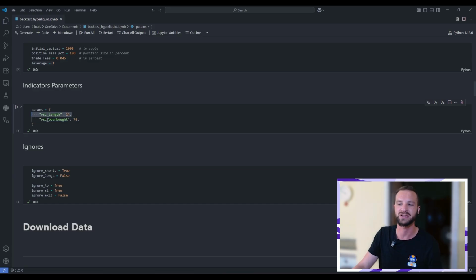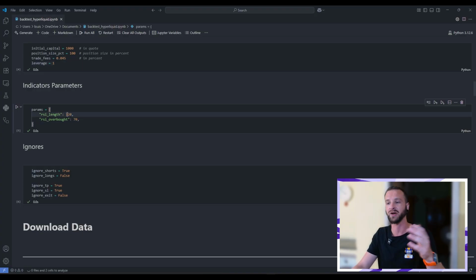What level do I consider oversold? What length, what period am I computing the RSI on? So obviously, if you consider other indicators, I just suggest that you come and fill the dictionary here with your names and your parameters, and then you can come here and fiddle and change. If you wanted to test the RSI over 20, you can come here and change things and rerun the backtest,